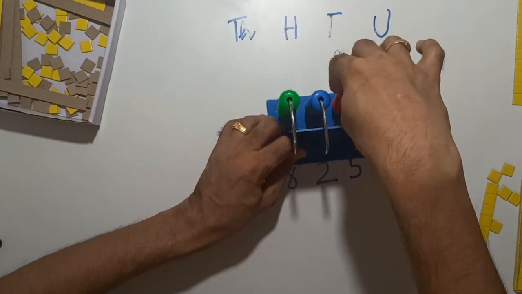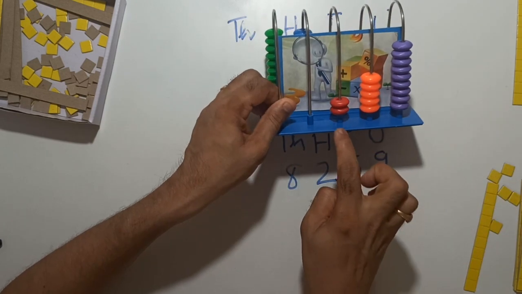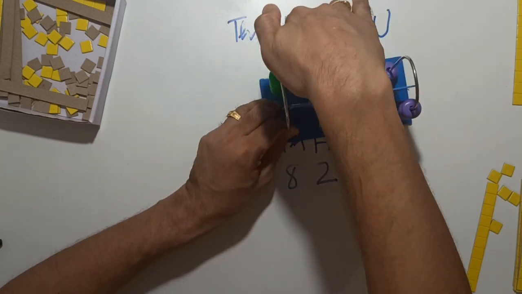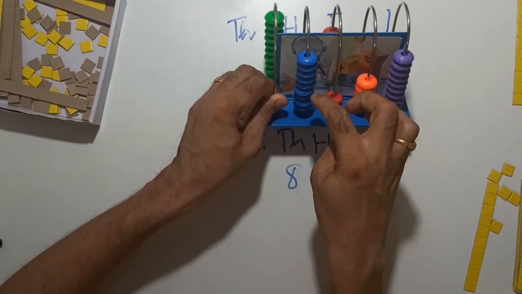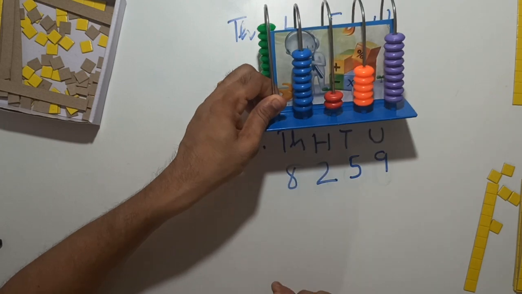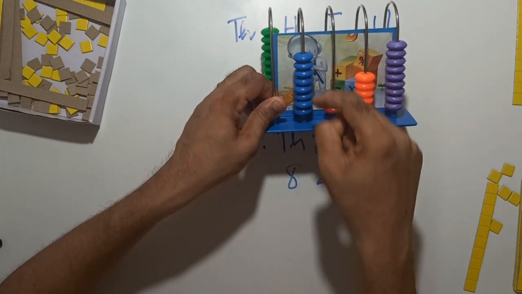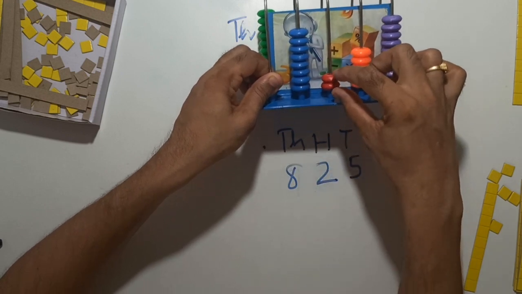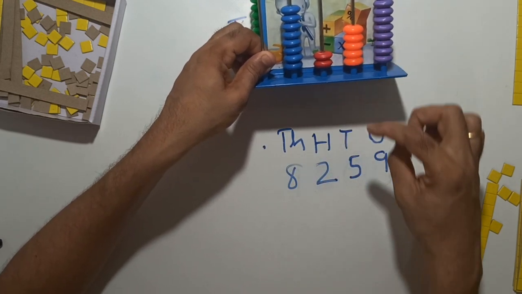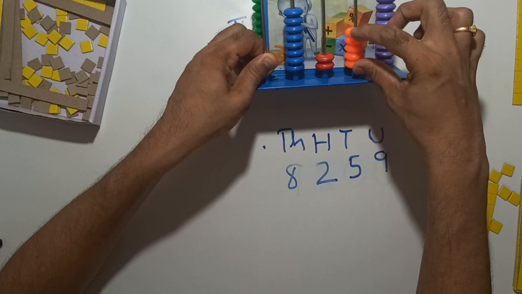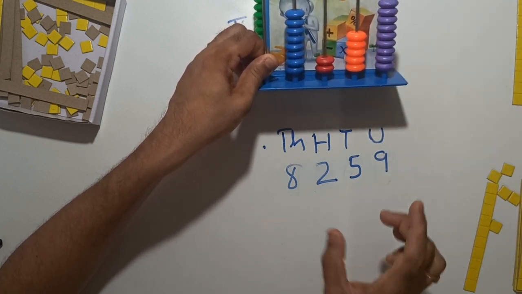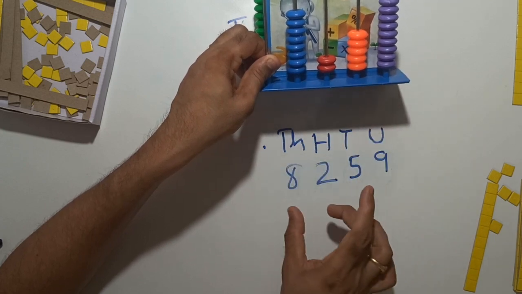Then I need 2 in the hundreds place. So just bring 2. That's 2 hundreds. Then I need 8 thousands. Right? So just bring 8 of these thousands. Do I have 8? Okay, I got 9. Okay, so now I got 8 beads in the thousands place, that's 8000. Then 2 beads in the hundreds place, then 5 beads in the tens place, and 9 beads in the units place. So this is how we represent the number